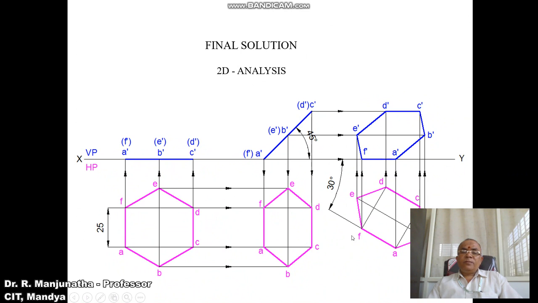So this is how you will be able to complete the problem and to check whether our problem is right or wrong. Since one of the sides is resting on HP, the side which is resting on HP is inclined to VP at 30 degrees, and the surface makes an angle of 45 degrees to HP, and this is a hexagon of 25 mm, and we have considered all the conditions which are given in the problem, and hence the problem is